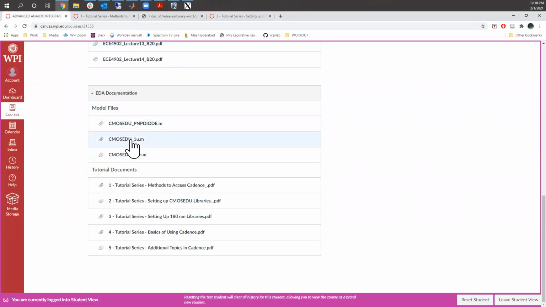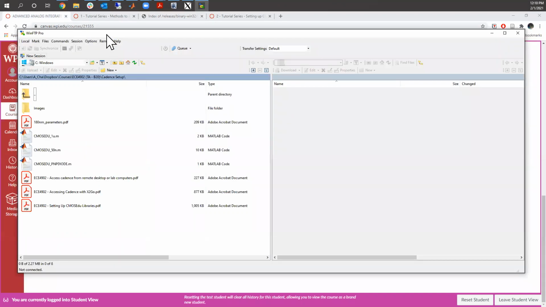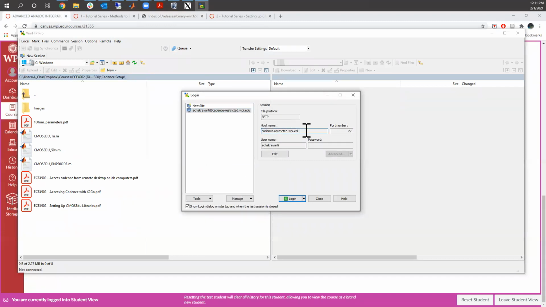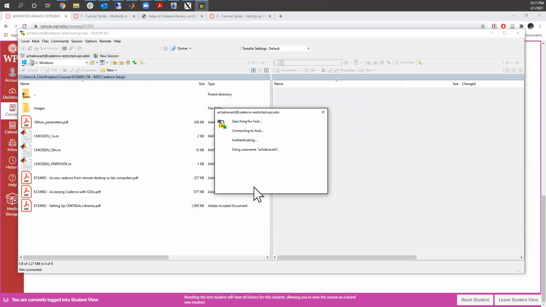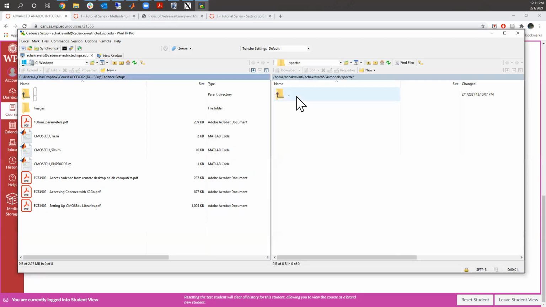And going back to Canvas, you need to copy over a couple of model files. To copy over files from your local computer to the Linux environment, you need to download a software called WinSCP. The link, you can find it on Google. It's a free software, or on the Microsoft Store. Now here you can type in the server name and your username. Once you've logged in,